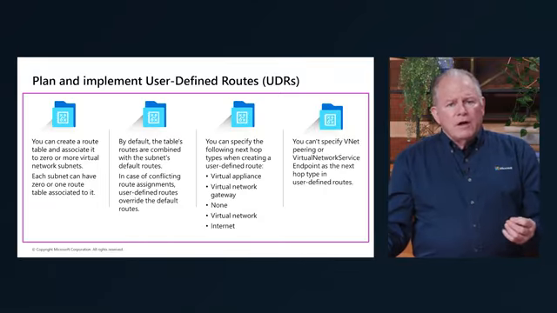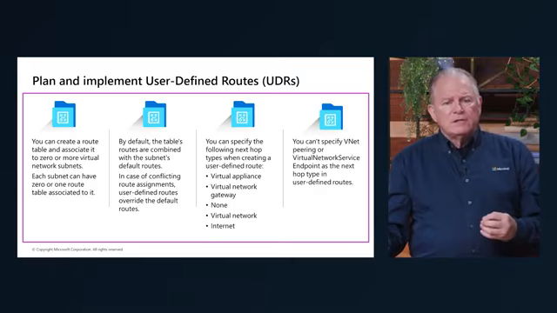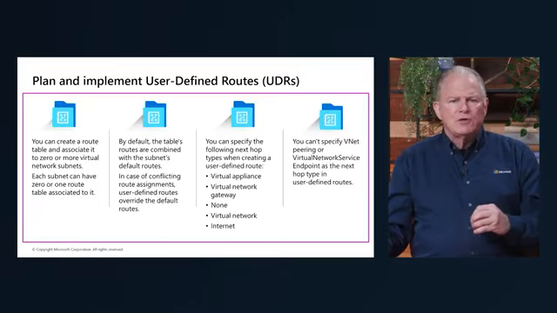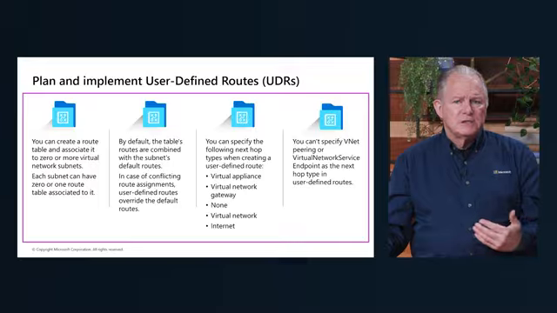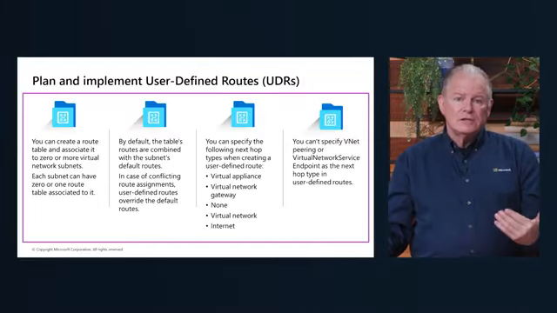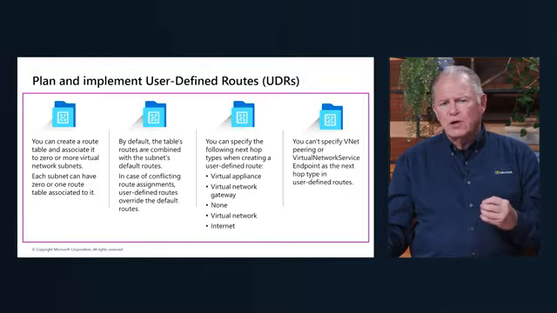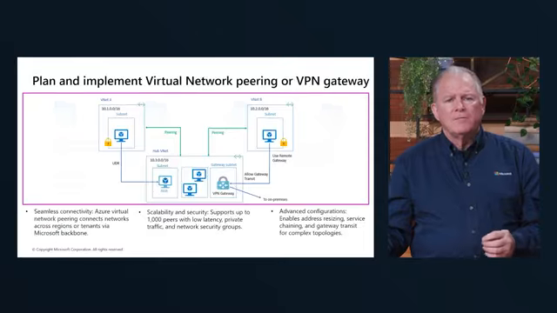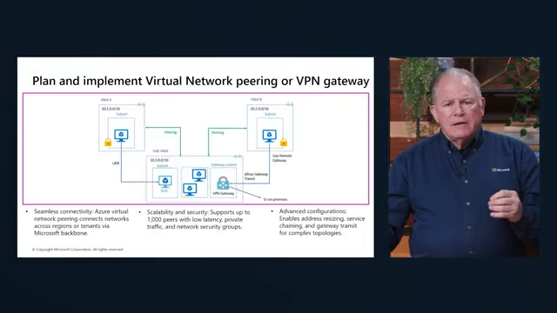So the UDRs, that user-defined route, as we talked about, is a way for you to customize. It's not really a security boundary, but it's a way to shape the traffic from an optimization perspective. It's a good suggestion to use. But as I said, from a security perspective, is it really a security boundary? Probably not. So we want to take a look at, and I'll draw over this example in just a second,